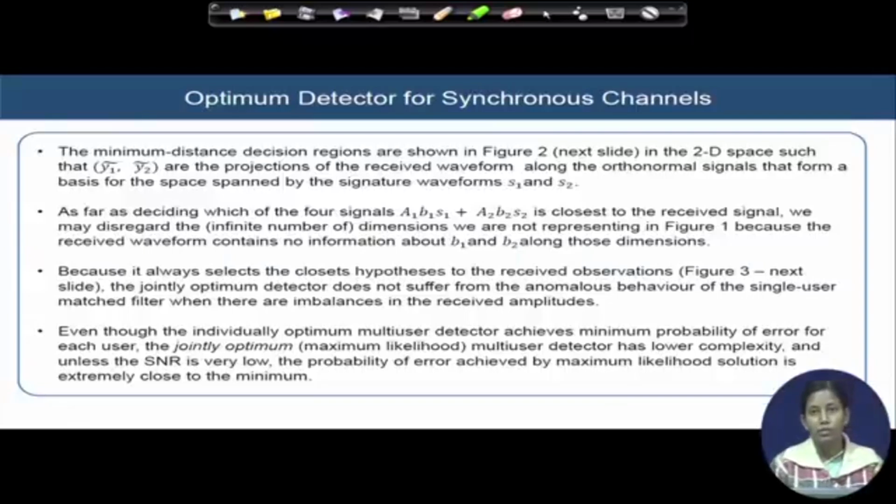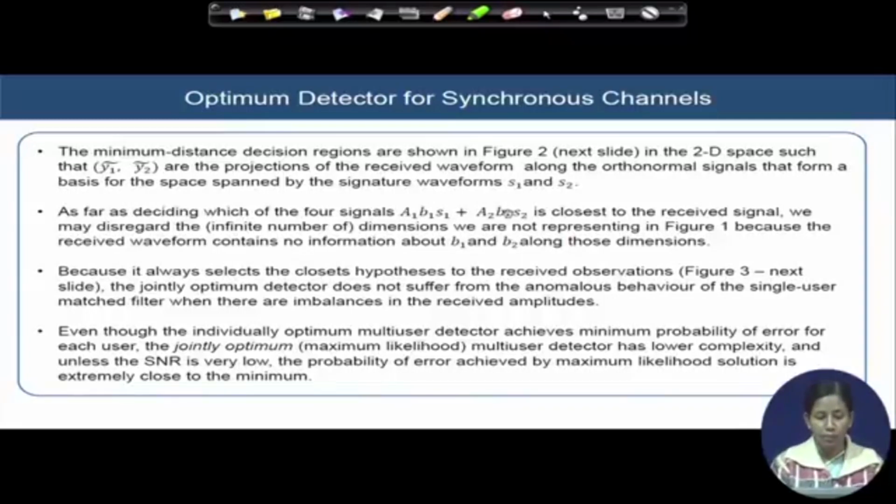Basically, in the 2D space, y1 tilde and y2 tilde are the projections of the received waveform on the orthonormal signals that form a basis for the space spanned by the signature waveforms S1 and S2. So these decision regions are shown for the transmitted signals, the signature waveforms S1 and S2, in that figure. We are trying to decide among the 4 signals, and the combination will be such that A1 B1 S1 plus A2 B2 S2 is the closest to